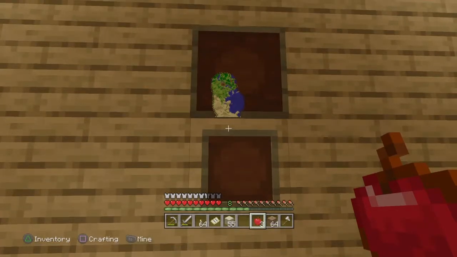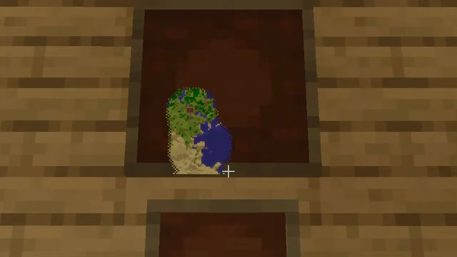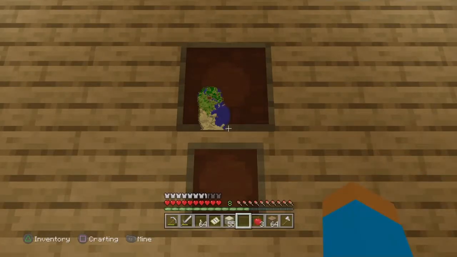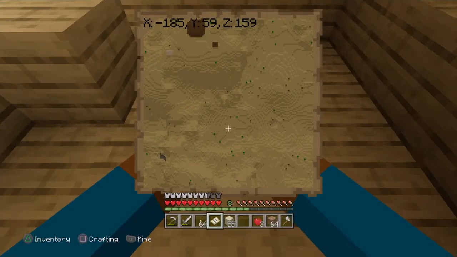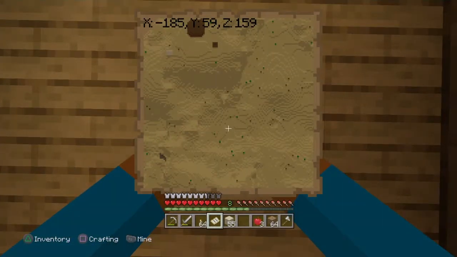For those pro players, you might know what this is. This over here is actually the map that shows where I am. And already in my hotbar, okay, for some reason it actually revealed the whole area, but I went a bit south from here, and